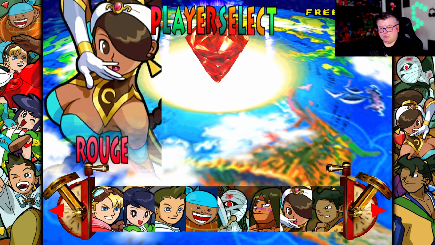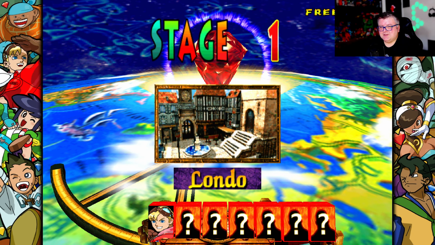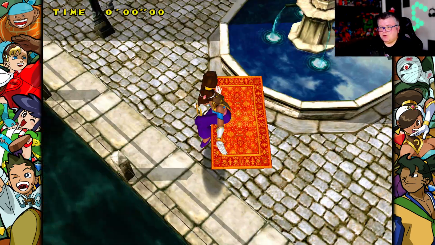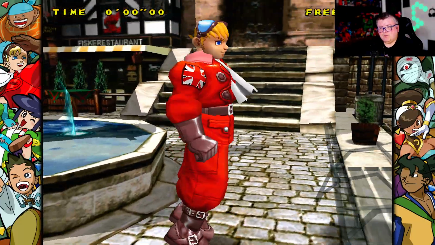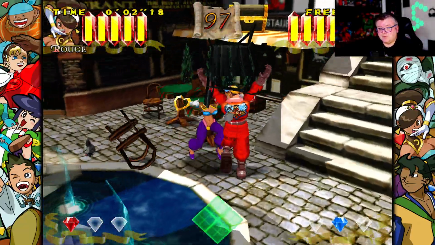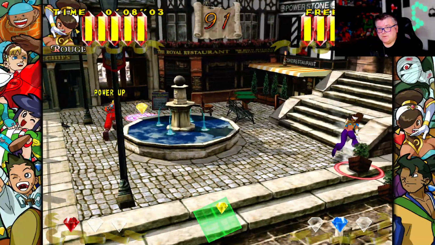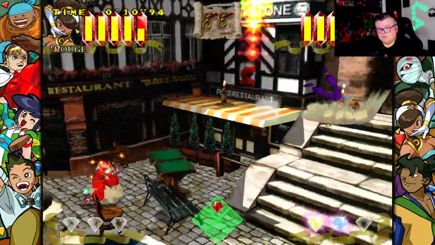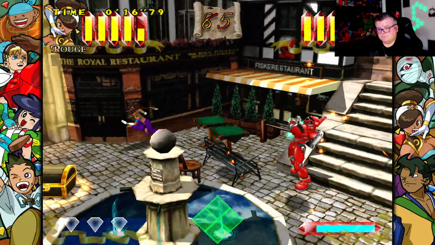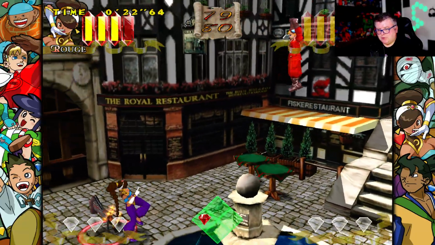Rouge. Oh, let's play Rouge. Londo. So this is, yeah, a 3D fighting game like no other. It's an area fighting game. You can literally walk around. Oh, darn it. I'm not that good anymore, to be honest,